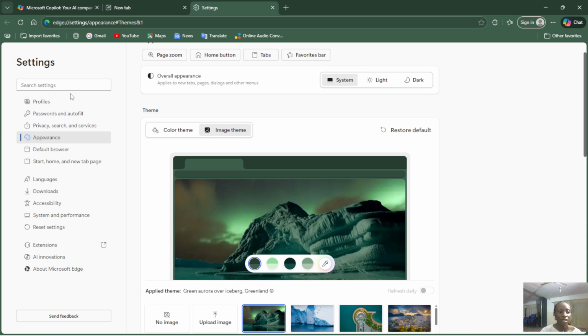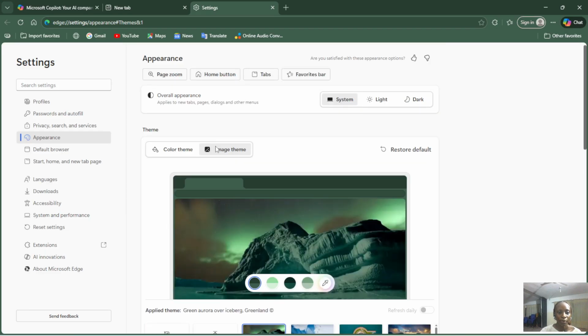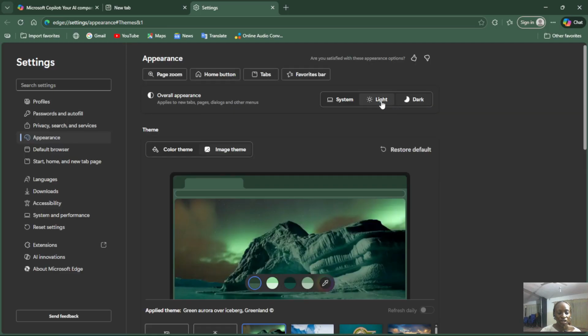Now remember, from your settings it will come up as appearance. Appearance means to change all form of outlook of your Microsoft Bing if you're tired of the boring or other features that were already there. Now, to change your wallpaper, first you want to pick if you want it to appear as light or dark. All right, so you can decide to check this or check this, and it will change, as you can see